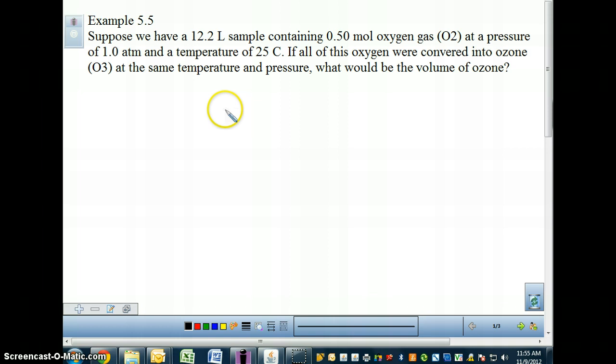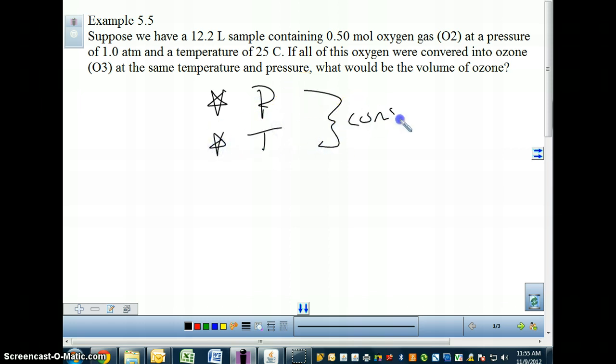In this example, we are told that we have the same temperature and pressure, so we can make a pretty good guess that pressure as well as temperature must remain constant. Only when these two remain constant are we allowed to work with Avogadro's law. Avogadro's law, quite simply stated, is that the volume is directly dependent on the number of particles times some Avogadro's